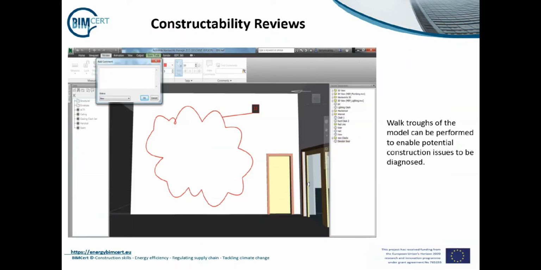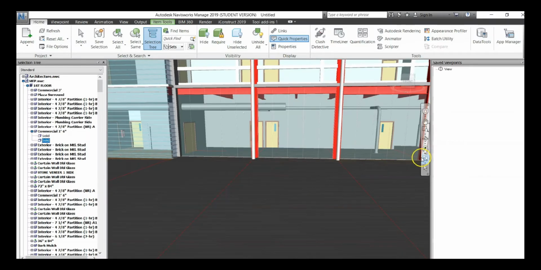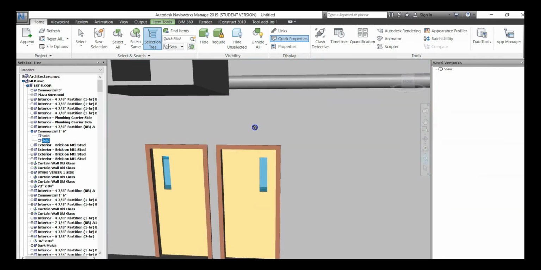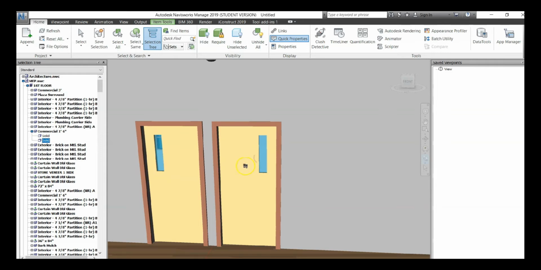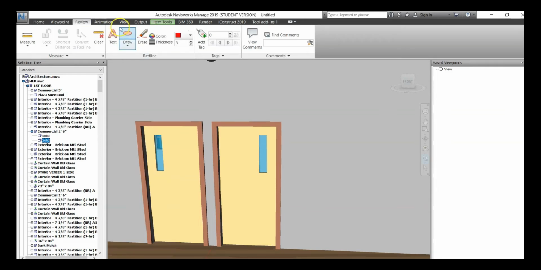The federated model can also be used to perform constructability reviews. Walkthroughs of the model can be performed to enable potential construction issues to be diagnosed. Let's return to the design review package again and see what this would look like within this software package. So looking at some of the review tools, we could enter the building, and let's say we have an issue with the door here. We could go to a review, we could highlight the problem,